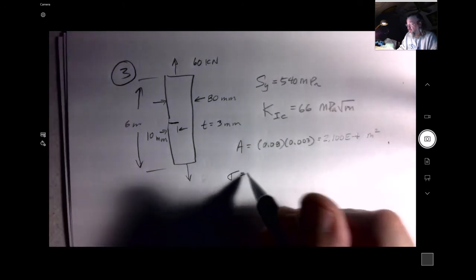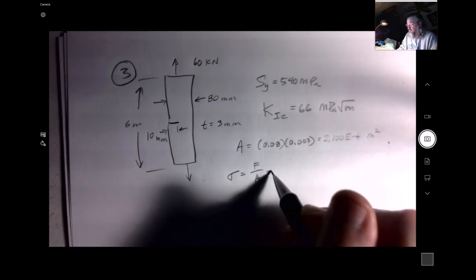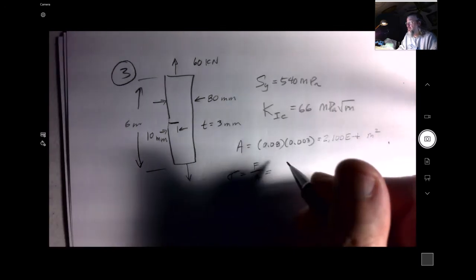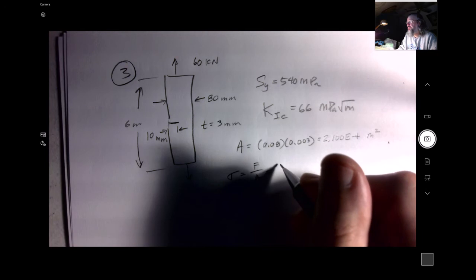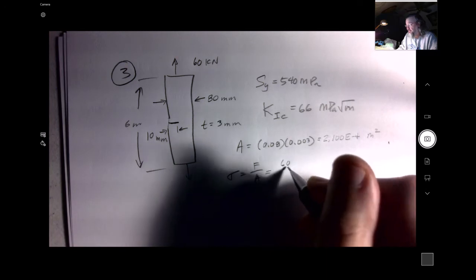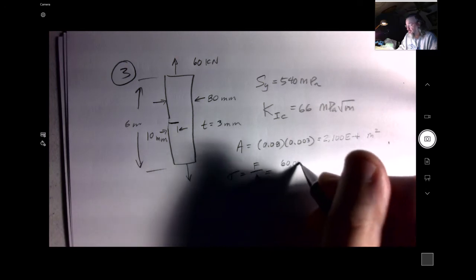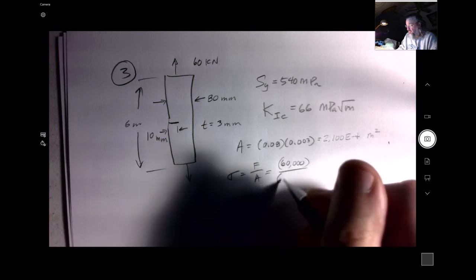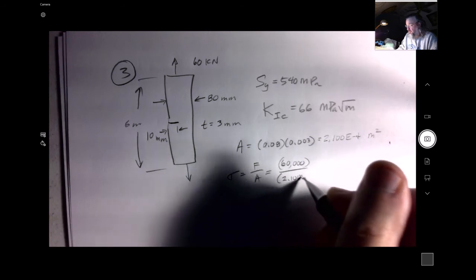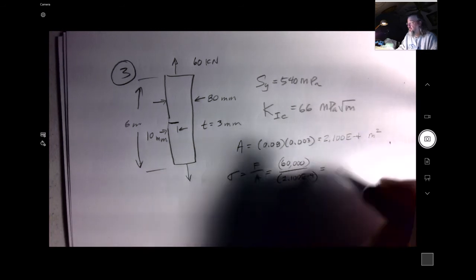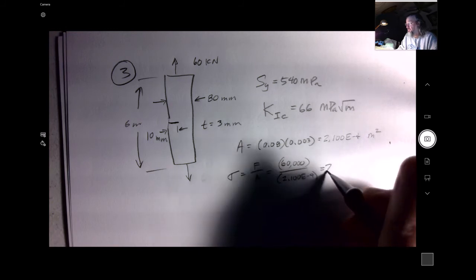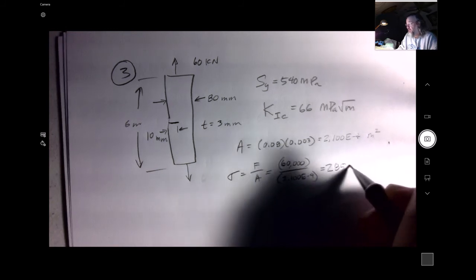So the stress of the thing before it's got the cut in it is going to be 60,000, because it's kilonewtons, divided by 2.4e-4. You do that and you end up getting 285.7